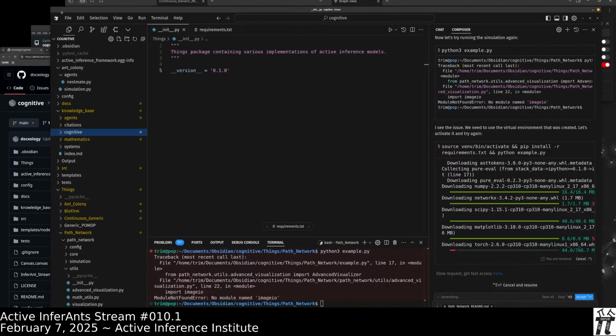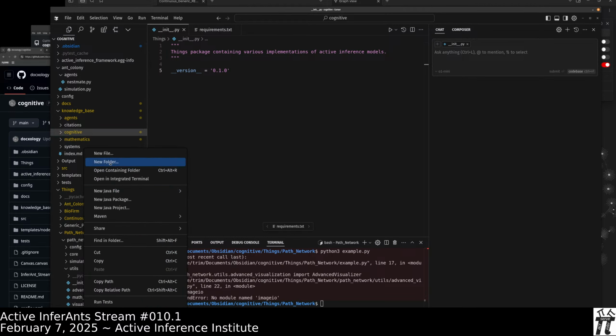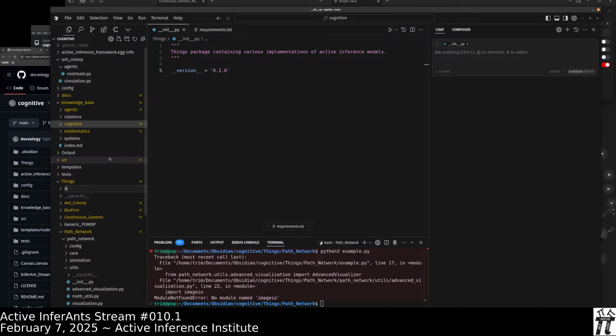Okay, let's see. So just that you can only have one of these composers, but the chat, even though it's very functionally similar, we can do that. So let's make one more random thing. Let's just do a baseball game.